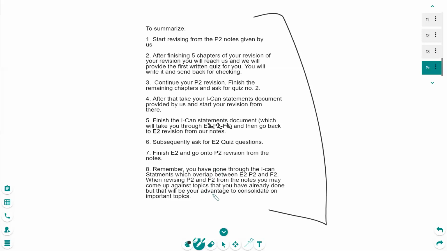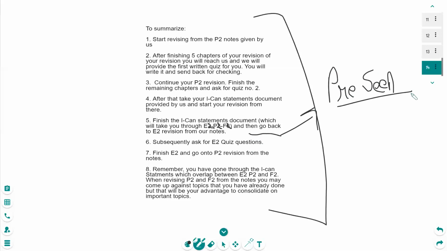But remember, you have lots to do for your management case study exam. So as soon as you finish revising the I can statements, we will start introducing you to the pre-seen, the specific pre-seen case. We will start introducing you to what the company is, a whole detailed pre-seen analysis which will be given by us, and slowly then introducing you to mocks.